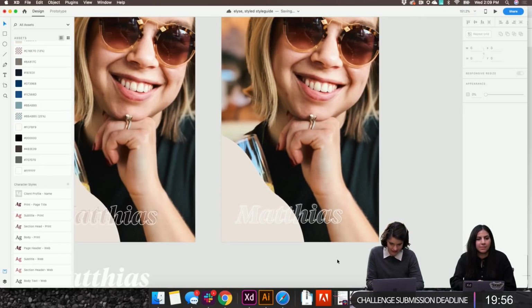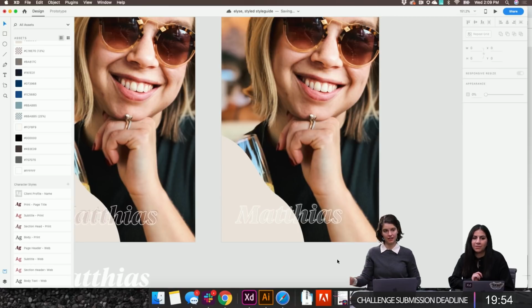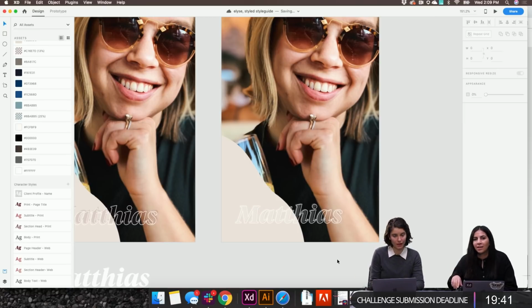So Sydney's asking, when it comes to preparing the final files, can you use the XD artboards or do you have to export out to Illustrator? Oh, no, you can use XD. So you can export artboards. If you want to select certain ones, you can just select them. And if you go to File, you can export, or you can do all of them, so you don't need to move to Illustrator, which is nice.